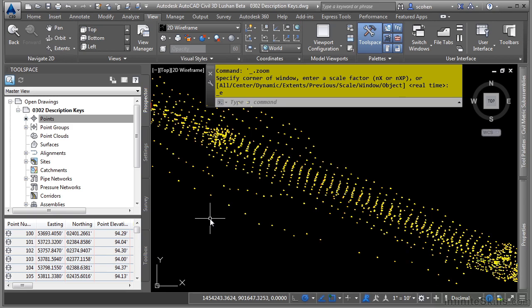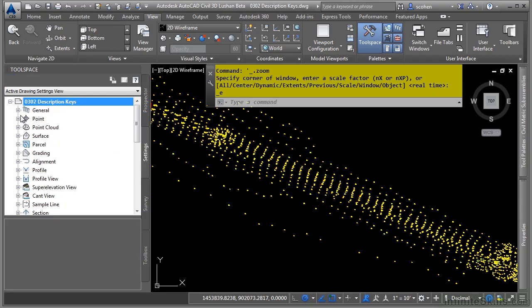In this video, we will discuss description keys. Description keys are used to map different point properties and settings based on a point's raw description. You can access the description keys in the Settings tab, Point Category, and then you have the Description Key Sets